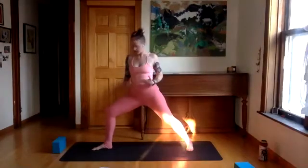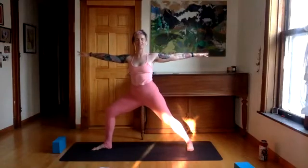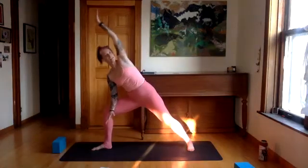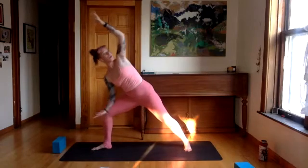We get stronger. Trust that you're stronger than you're giving yourself credit for in this moment. Stay connected to your breath. Inhale here. Exhale, extended side angle. Option to use your arm against your thigh to open up the right hip, or option to find kind of this floating seaweed shape,